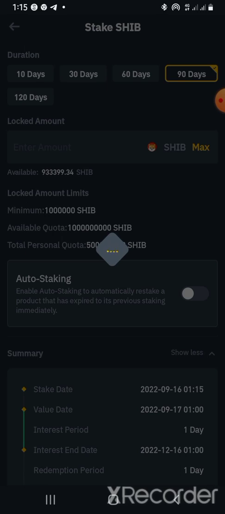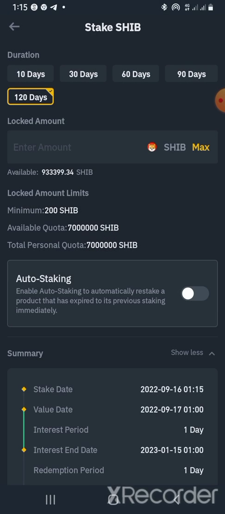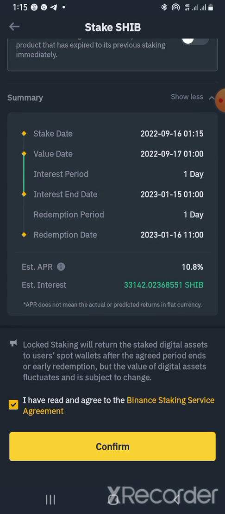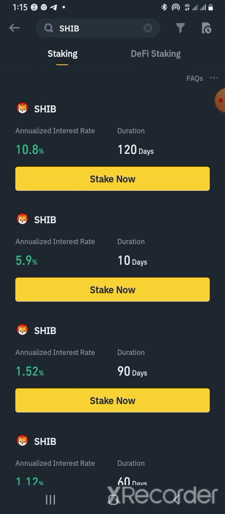90 days, and 120 days. The only thing you have to do is just to click on maximum. You scroll down, you click that you have agreed to the statement, then you click on confirm. So once you click on confirm, automatically it's staked, and from the next day you start seeing your profit dropping